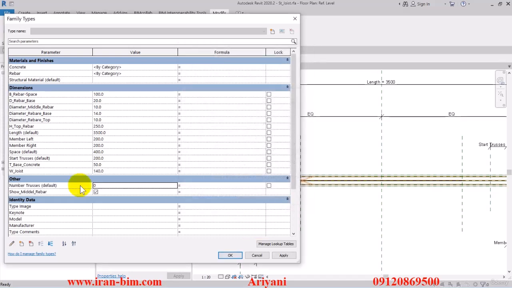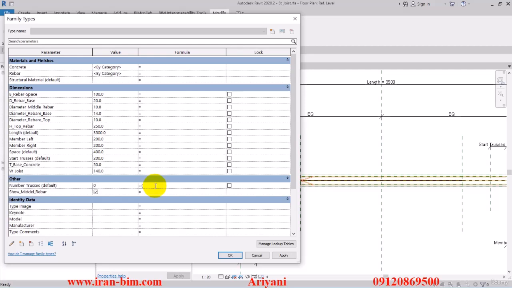So now we want to define a formula for it that gives us our outcome based on the length and calculates it itself. So I'll go here in the formula section that we have in the middle, and then I'll put in equal a length, which is referring to the length that we have up here. And then in the formula section, I'll put in minus, then open up the parentheses and put in 2 multiplied